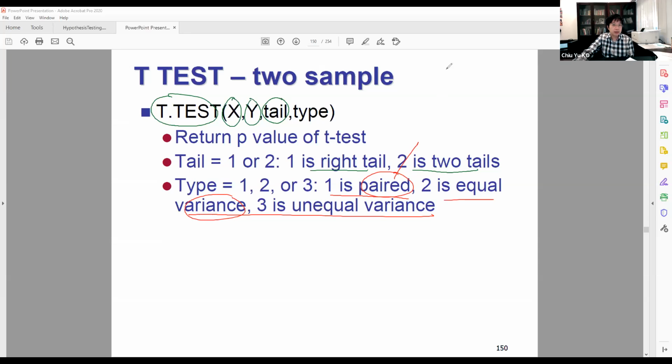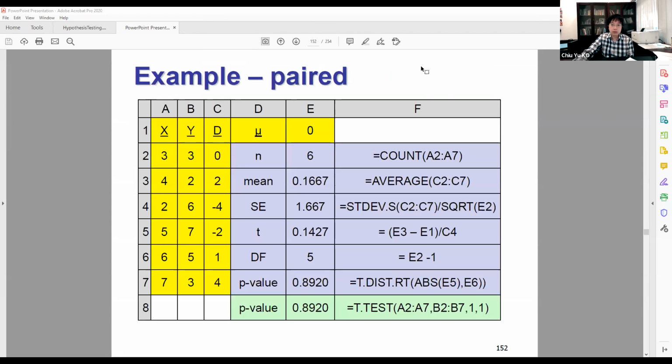Okay, so let's see quickly. I guess I overran a little bit. Okay, so paired is simple. We have x and y. Of course, according to the book, you go to the data, take a difference, right? And calculate the mean of this thing, calculate the standard error over the root n, and then calculate t, and then get the degrees of freedom, and that gives you the p, right? So you can go all the way down,